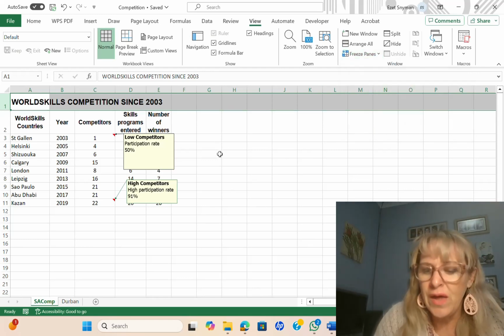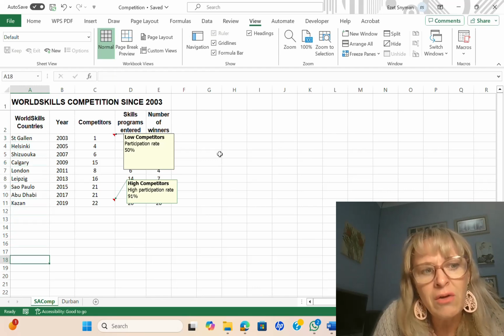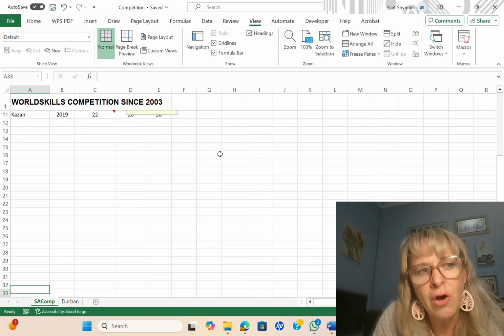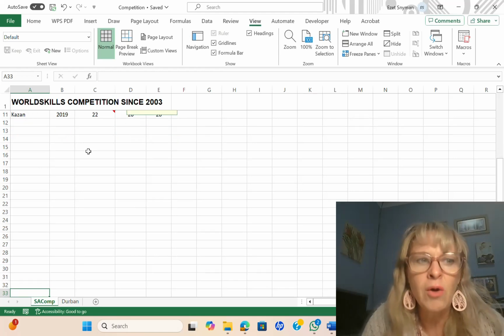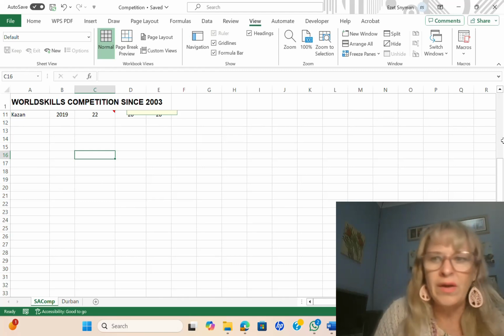Okay. And then if you go down with your arrow, down, down, down, down, you've got to go down until you can only see row 11 after you've frozen it.